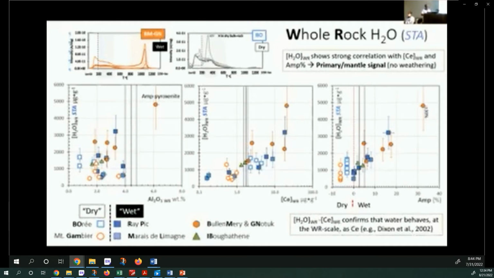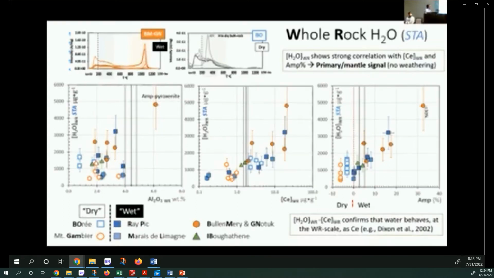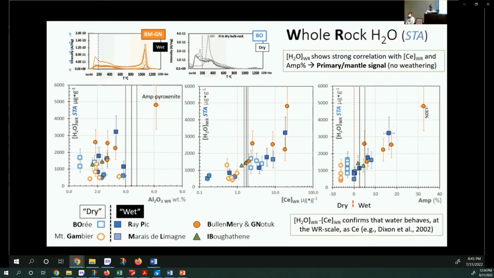First, the water content of the auroch here is going from 500 to 5,000 ppm. And as you may see on the thermograms on top, when you have a dry sample, most of the water is extracted between 200 and 800 degrees, while when you have a wet sample, you have an additional peak at 1050 degrees. The thing that I want to emphasize here is that we have a good correlation with amphibole about water content, and also the water content is